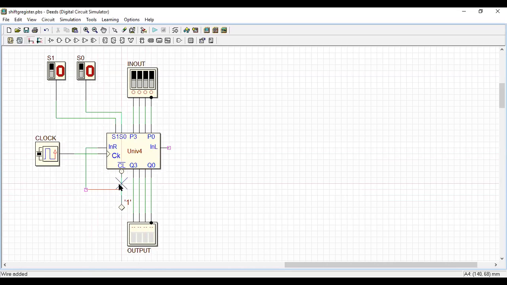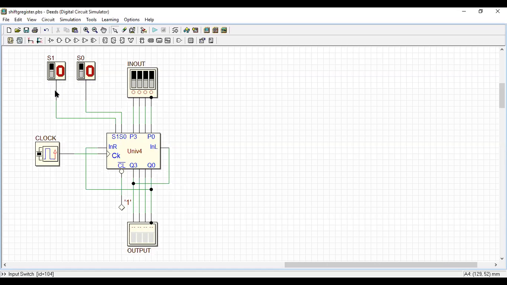Take the rotate right and connect it to Q0 to do right rotation of data. And similarly, take the rotate left and connect it to Q3, left rotation of the data. So now here, 0 0, you will get the output as such.